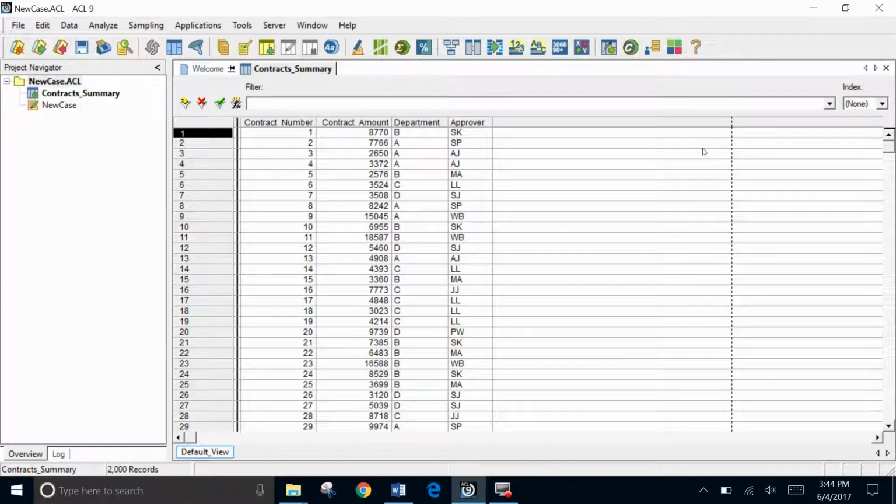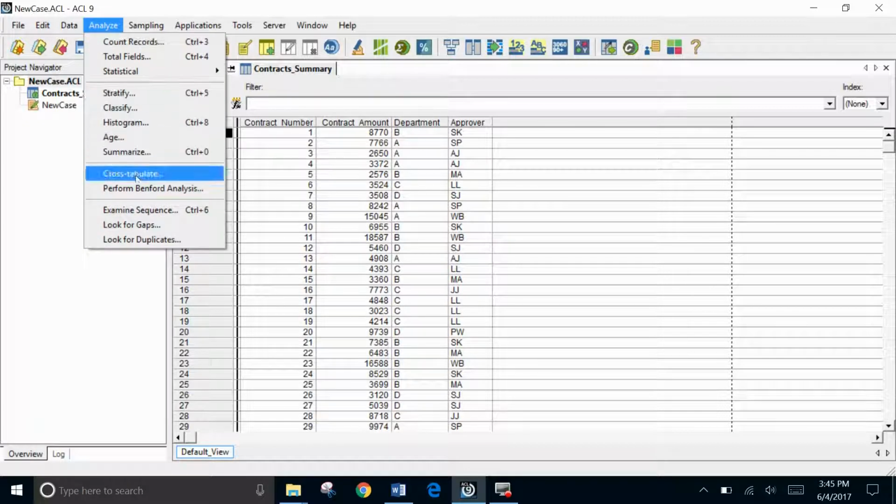Another thing that we know from table number 1 is that each approver can only approve a contract for a certain department unless the approver is WB, who can approve contracts for all departments. So in order to see the relationship between department and approver, I'm going to go to Analyze, Cross-Tabulate,